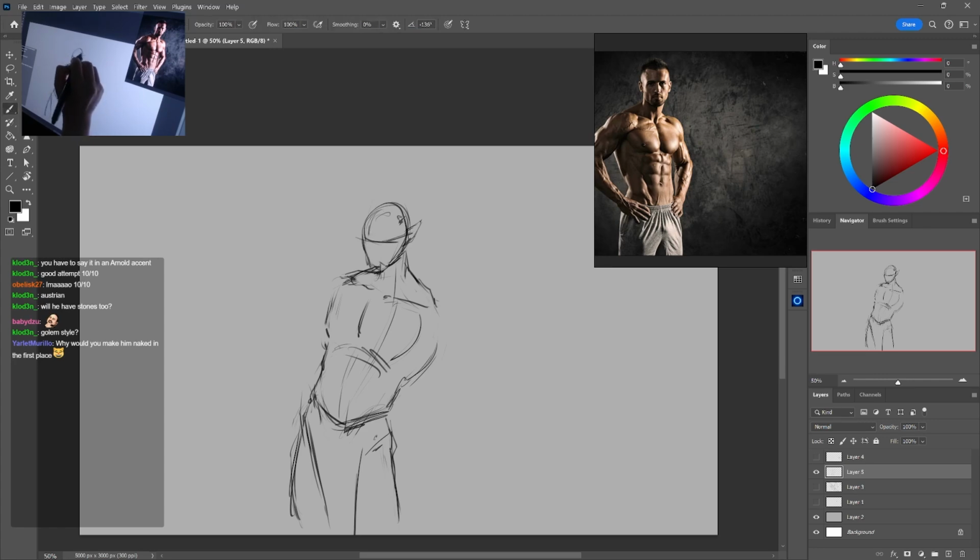And then he needs his horns, right? He needs his antlers, so we will add his giant antlers here.